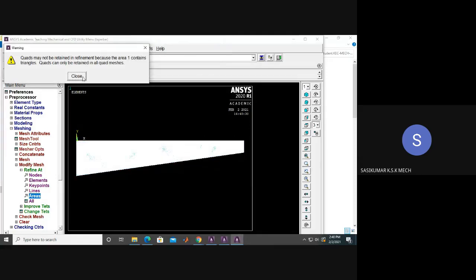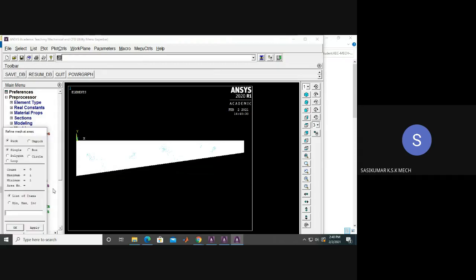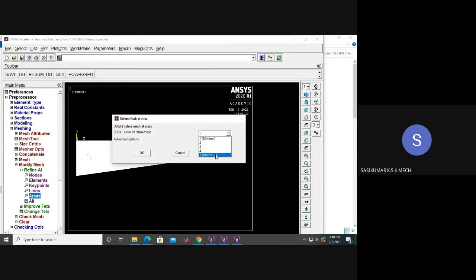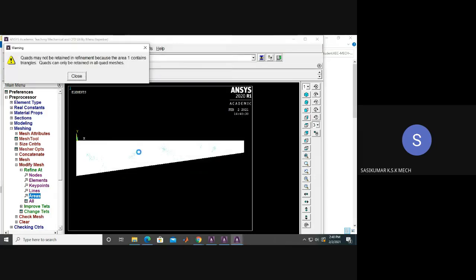Oh, there are too many elements. So you should go for a larger element size. Okay, maximum 5. Just give OK. See how many elements are there. Nearly 6 lakh elements.